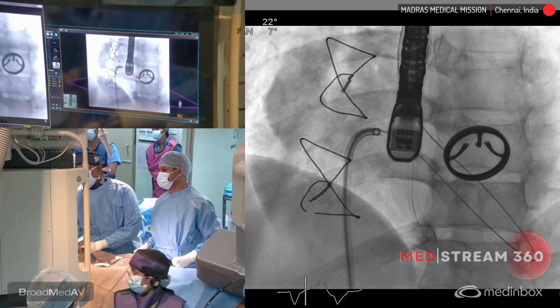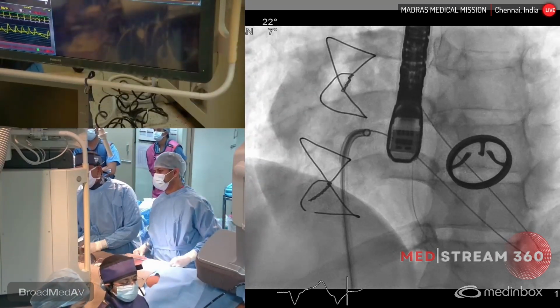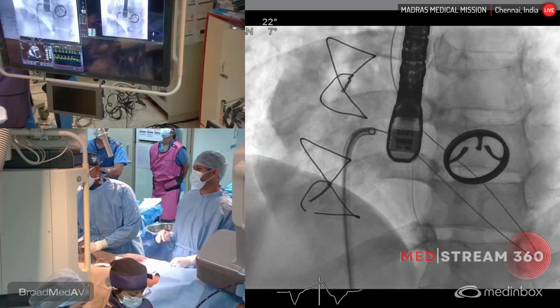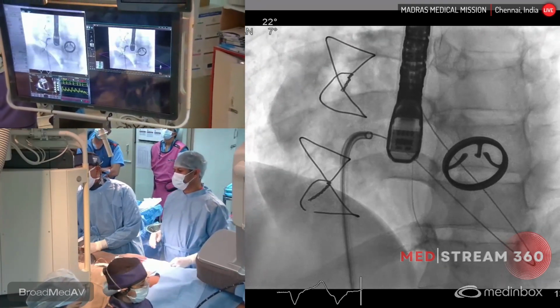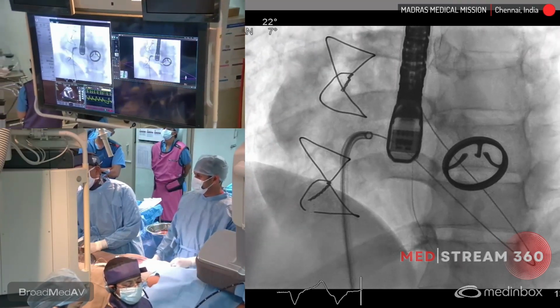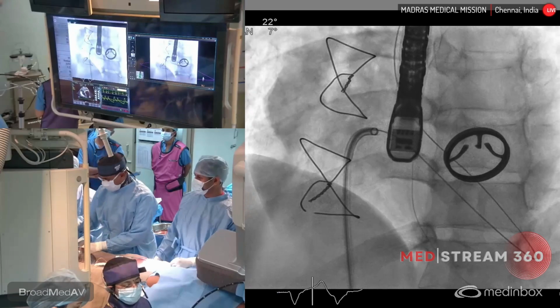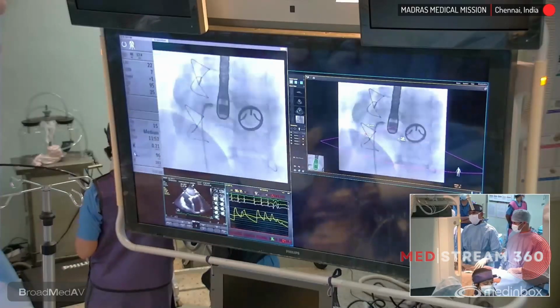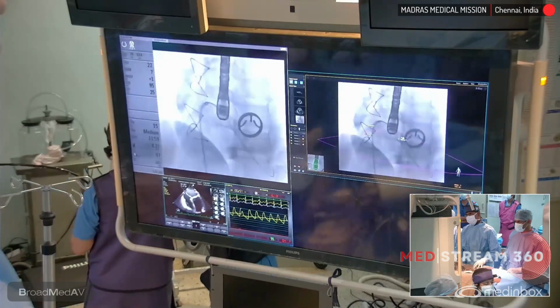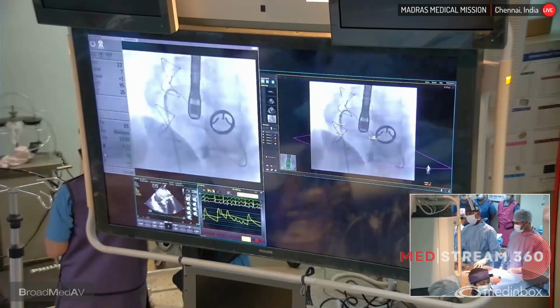This was my transseptal marker, the red marker, but because of the change of position, there is some offsetting. And here is the echo navigation marker through which I have actually entered. So this is the gap between the prosthetic valve metallic ring and my leak. At this point, I am slowly advancing my right coronary catheter deep into the left ventricle and making a